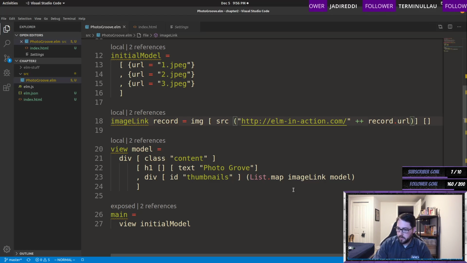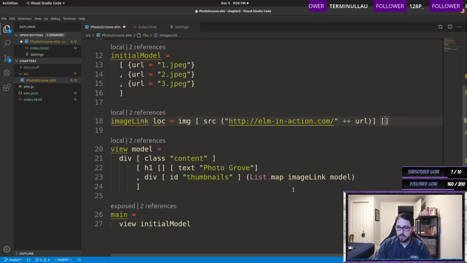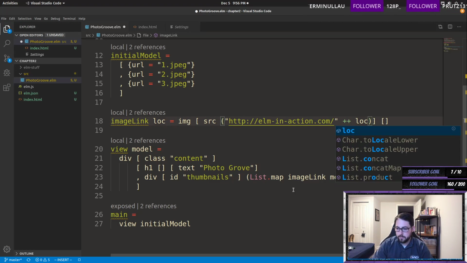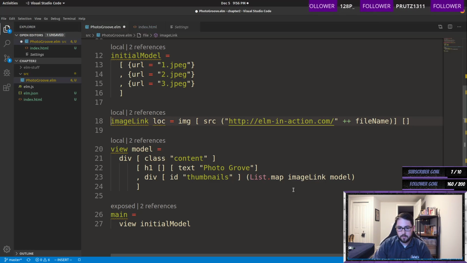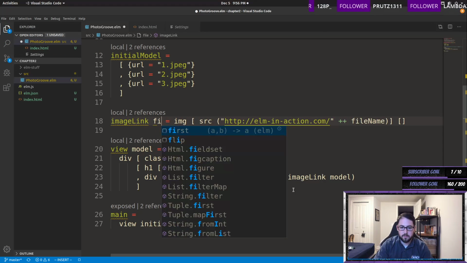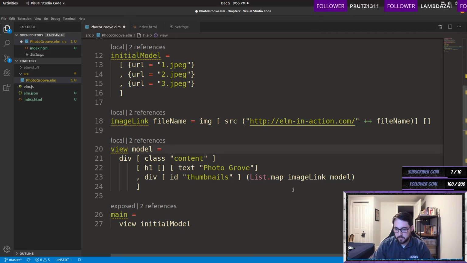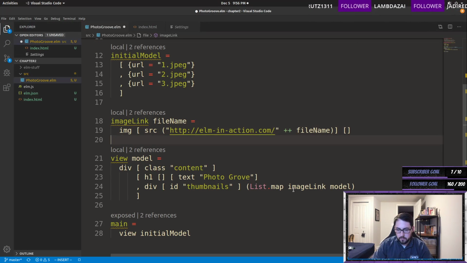so, you know, I don't want this to have a record. I want this to be, it's really a location. It's really not a location, it's a file name. Something like this. And then let's be better about our styling, I suppose. And then here we need to do, it's basically like,